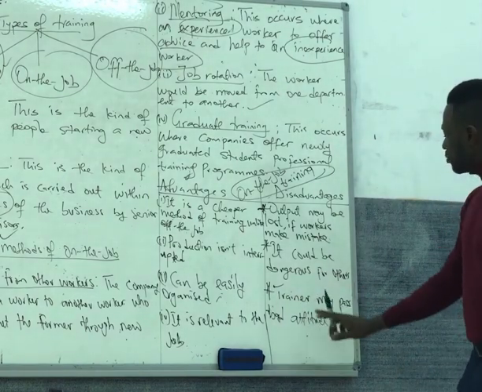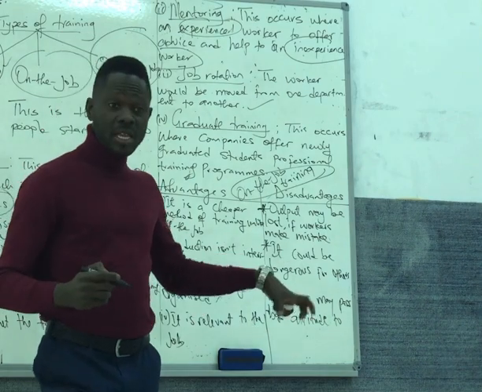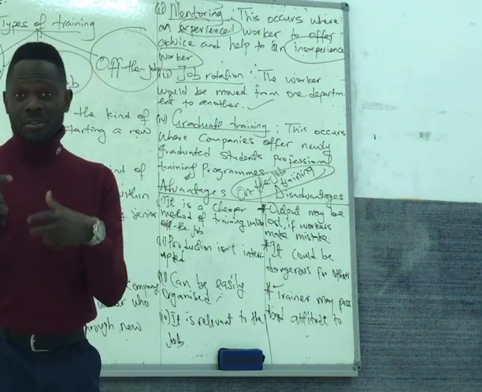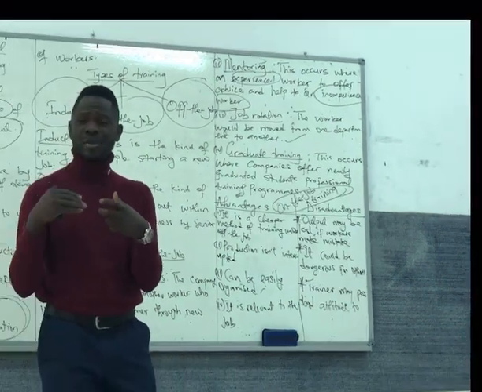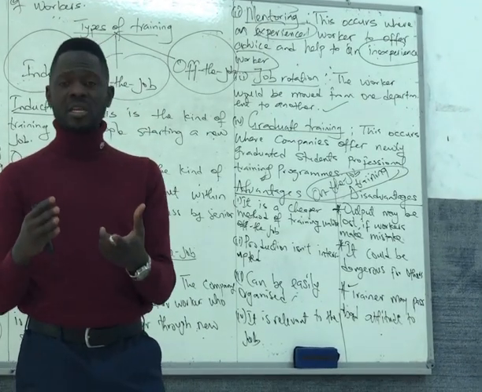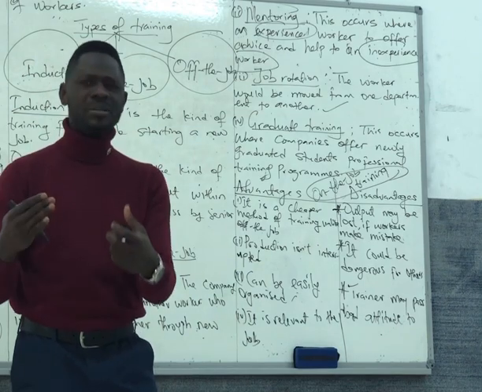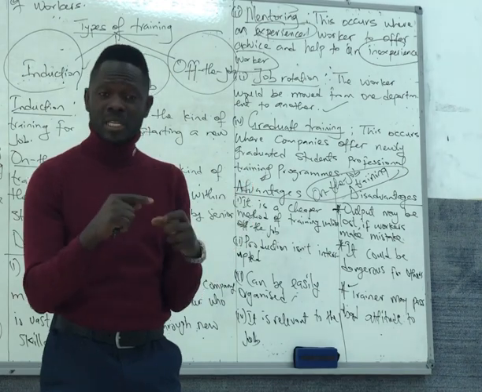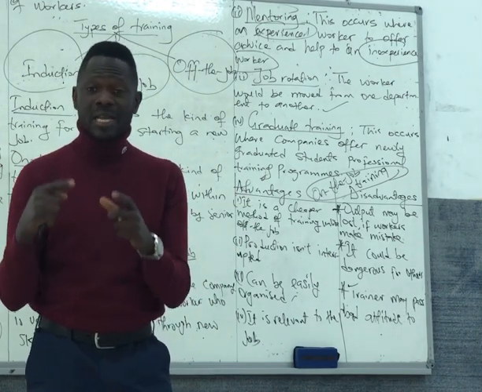The third one, the trainer may pass bad attitude to the trainee. Here, the trainers, when you are being trained in the job, you might have your own undoings, and because they are undoings, they are not ideal to the organization. Your work practice, your work ethics, you are not using it the way it should be used. So you could pass a bad habit, a bad attitude to the trainee. Because whoever you are training watches what you do, and because of watching what you do, if there are some things that you are doing that is